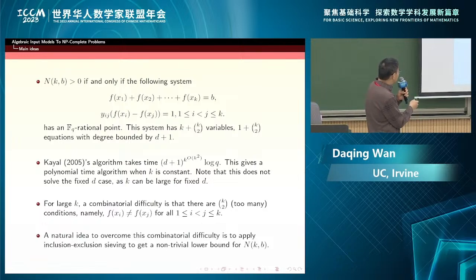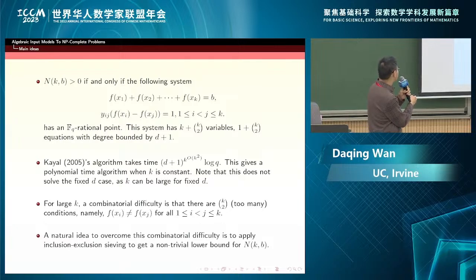So that means the difference is not zero. Difference is not zero means what? That means you can find another number such that the product is 1. That's what it means. An element is non-zero means you can find another number such that the product is 1. So this gives us an algebraic system, a polynomial system of